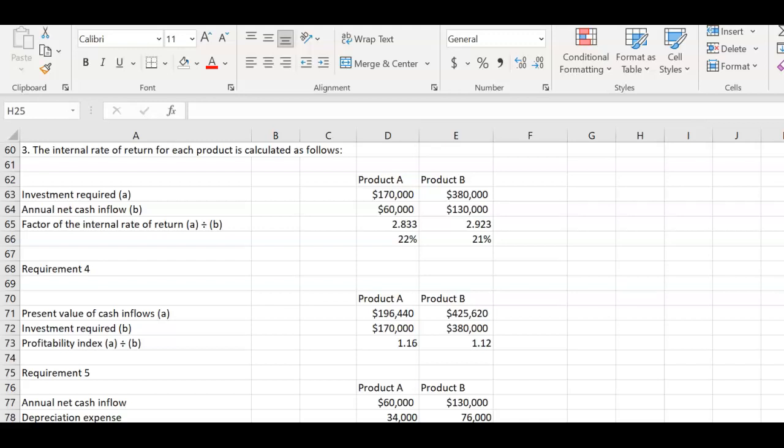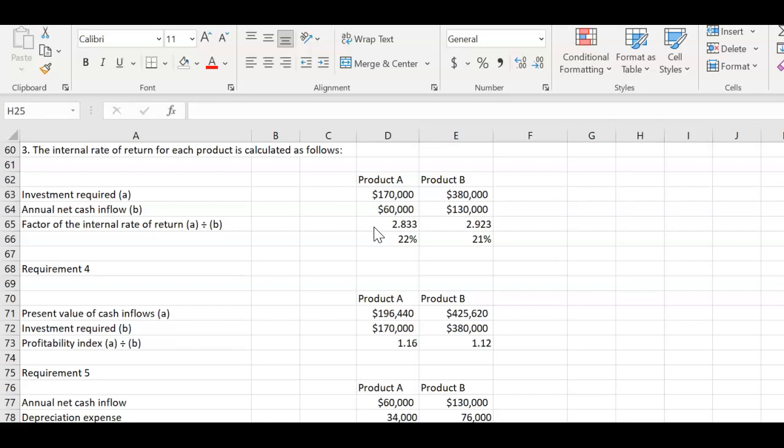The third requirement is to calculate the internal rate of return. And again, we have to do it for product A and product B. So we're going to look at the investment required for A is $170,000. Their annual net cash inflows are $60,000. So when you divide the two, the factor used for the internal rate of return would be